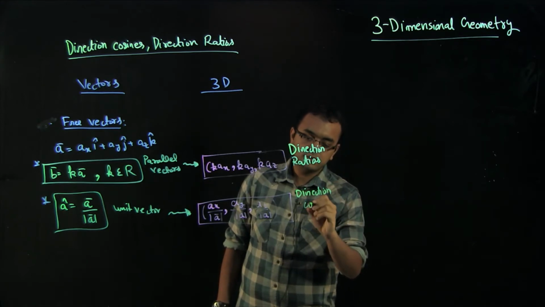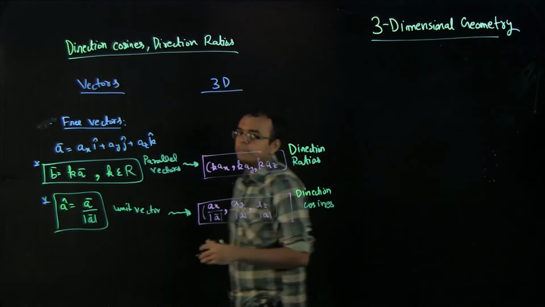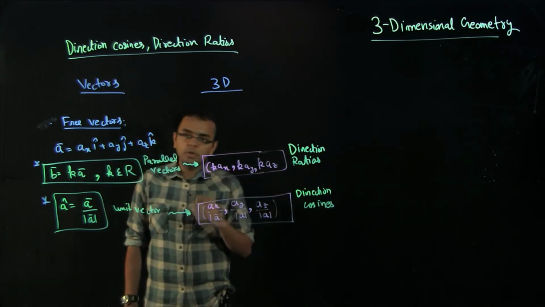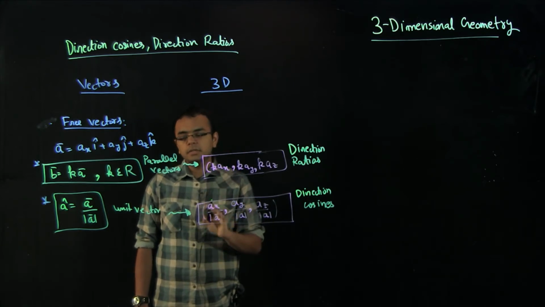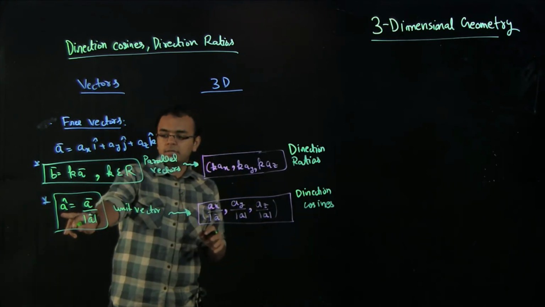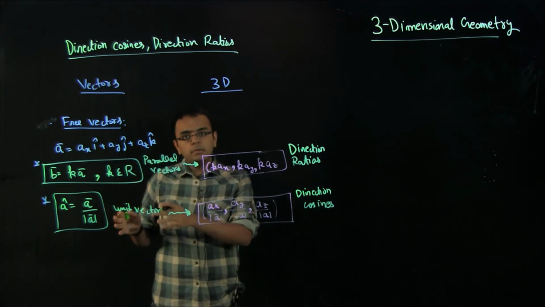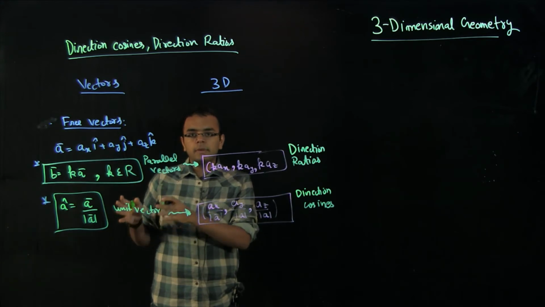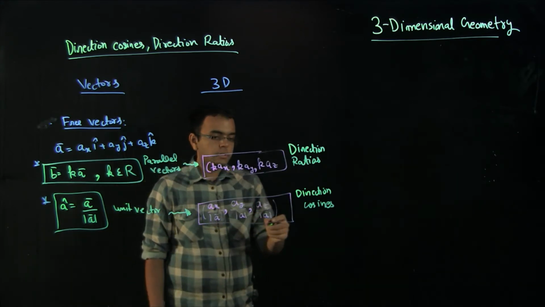First thing is, I have stressed this many times in the chapter of vectors, that a unit vector just means a direction. That's it. A vector is a direction multiplied by its magnitude. A vector is mod A times A cap, which is the multiplication of magnitude by its direction. But why are we calling this cosines?